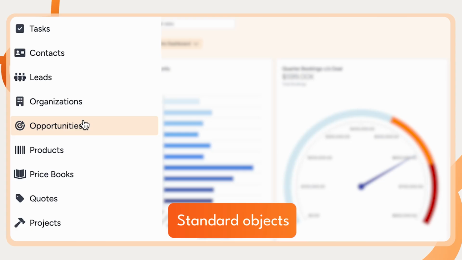our solution, Insightly also offers products, price books, and quoting functionality to allow you to centralize your product catalogs and service offerings and create quotes or proposals directly within the application. Finally, projects are available to track post-sale processes or to create collaborative environments for your team to work towards completion